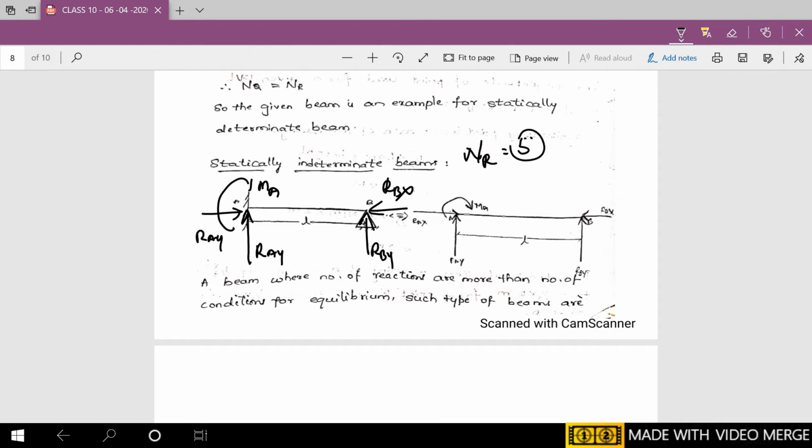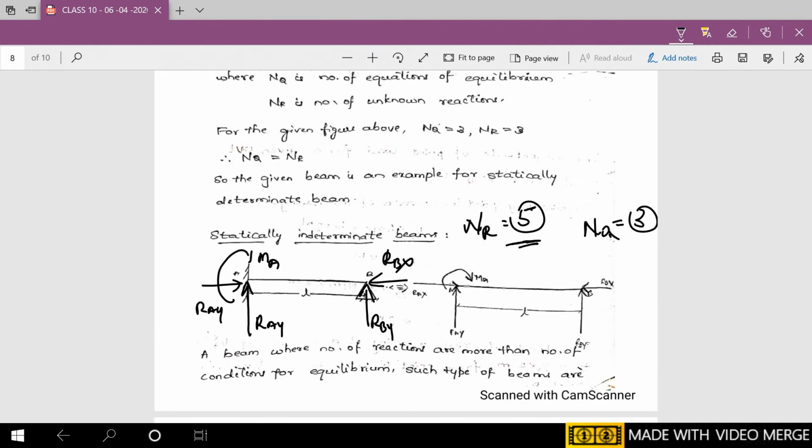5 NRs are there. Again, if you see all those forces, it is again a coplanar non-concurrent force system where you have NQ, the number of equilibrium equations. Again, the same thing, that is 3. So using these 3, the number of unknowns cannot all be found out. Only 3 unknown reactions can be found out. The other 2 will be extra, where you may require extra equations to solve for the other 2 unknown reactions. So in this case, if NR is more than NQ, then it is an example of a statically